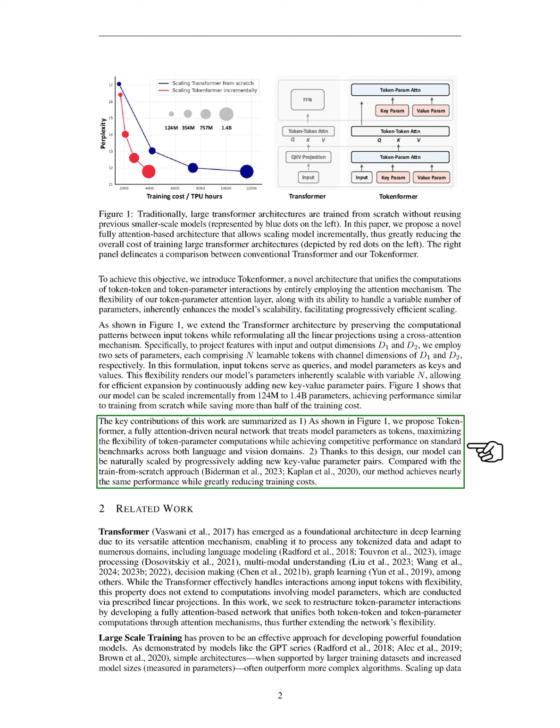to traditional methods. We also review related work, noting that the transformer has become a foundational architecture in deep learning due to its adaptable attention mechanism. While it effectively manages interactions among input tokens, it lacks flexibility in handling model parameters, which are typically processed through fixed linear projections. Our goal is to restructure these interactions by creating a fully attention-based network that integrates both token-token